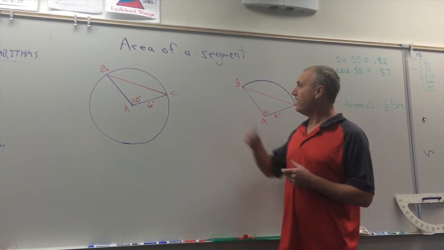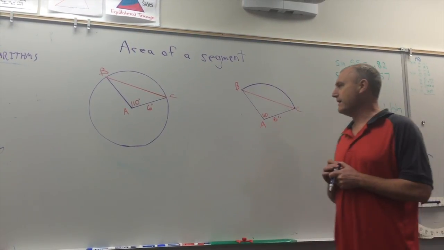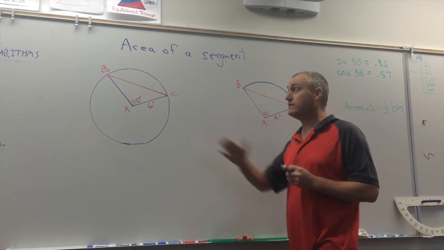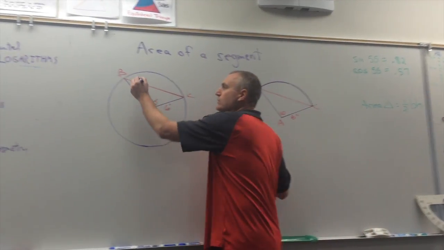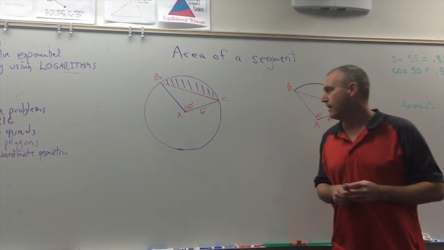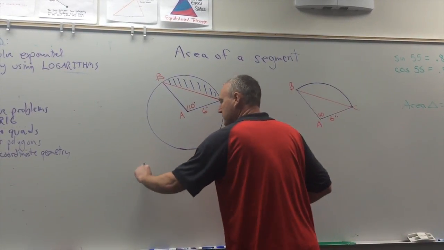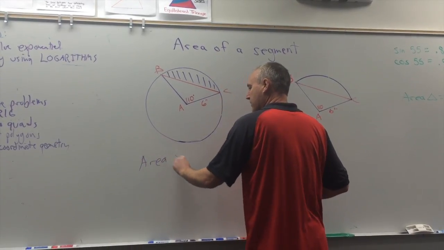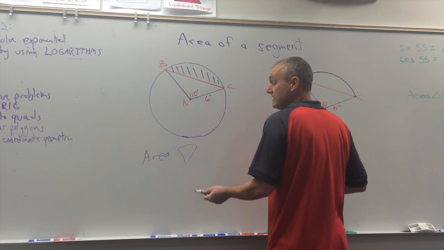Game on. Area of a segment of a circle is what we're finding today, folks. This is an awesome segment. This is a really cool segment. And this part right here that I'm shading is what we call the segment. And if you think about it, it is the area of a piece of pie called the sector